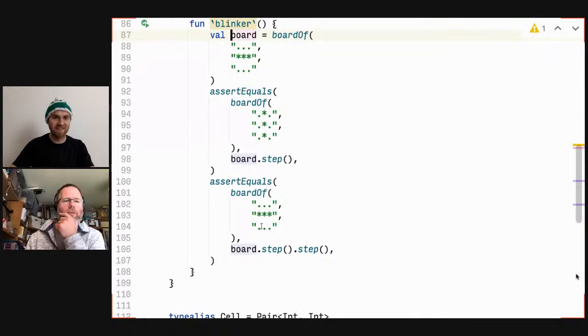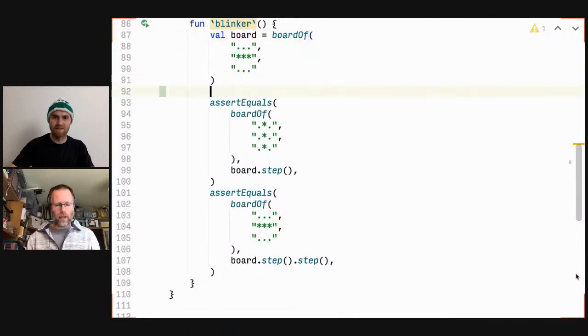My theory, for what it's worth, is that I'd like to be able to get a sequence from the board, right? So I'd like to get a sequence of boards that I could just take 1, take 2, take 3. And then instead of saying board step and then board step step, what I'd really like to say is, so I've got that, and then I'd like to say